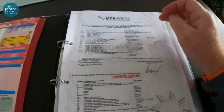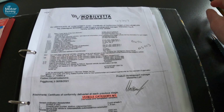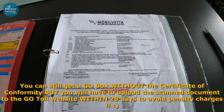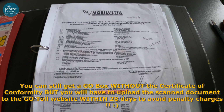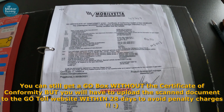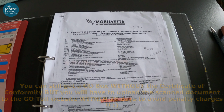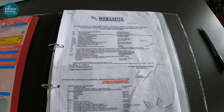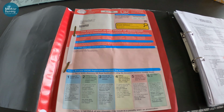So the certificate of conformity is a really useful document to take with you. If you've perhaps bought your vehicle as nearly new, then either the dealer you got it from, perhaps the owner you're buying it from, or indeed the original manufacturer may be able to post out to you a certificate of conformity for your make and model of vehicle, so that you're able to prove what Euro level you are. So that's your certificate of conformity and your registration document, and obviously finally, of course, you need to